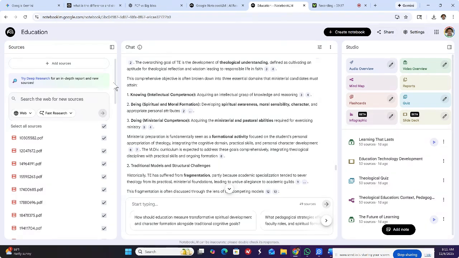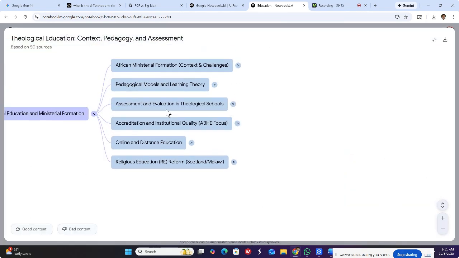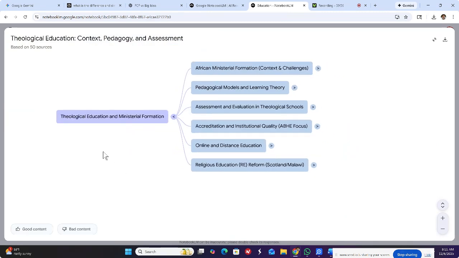Now, I think there are some areas of improvement that Logos can add, in particular the mind map, where here I got this mind map. I think that this can be very helpful